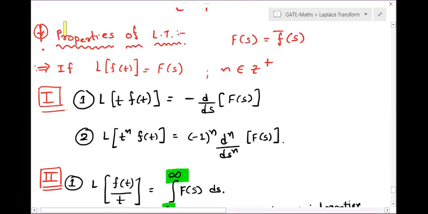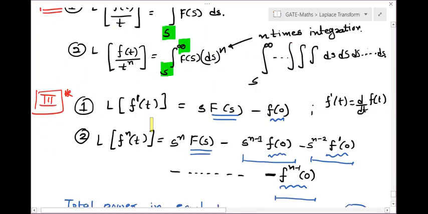So see over here, properties of Laplace transform. If the Laplace transform of small f is capital F of s, which is sometimes given as f bar of s, don't get confused by that. If you are multiplying t with the input of the function, in the output you will get minus d by ds of F of s. In the input, if t to the power n is multiplied, in the output you will get minus 1 to the power n times the nth differential of F of s, not dn by dsn. You can speak like this also: minus 1 to the power n and the nth differential of F of s. So if t is multiplied, then this is the case.